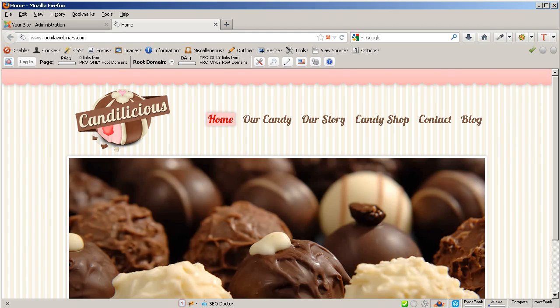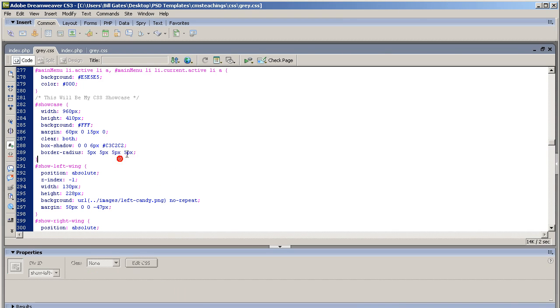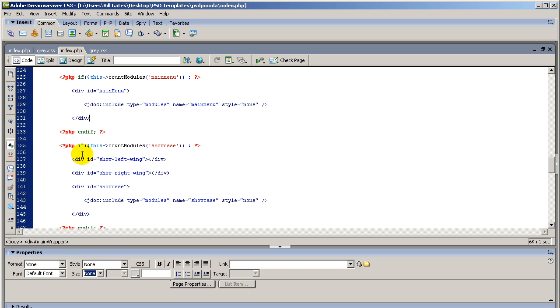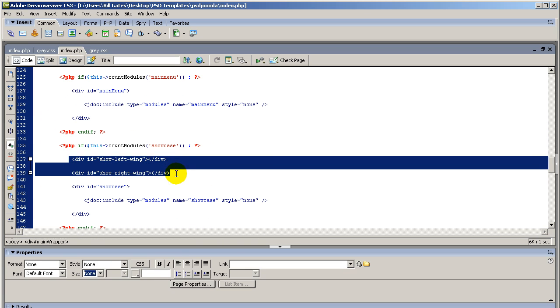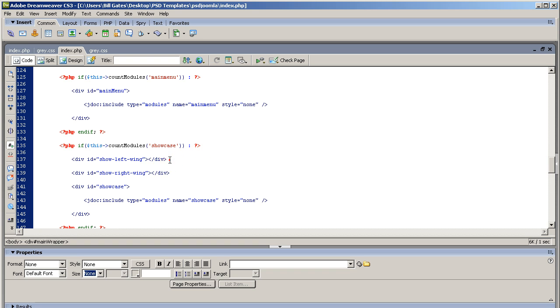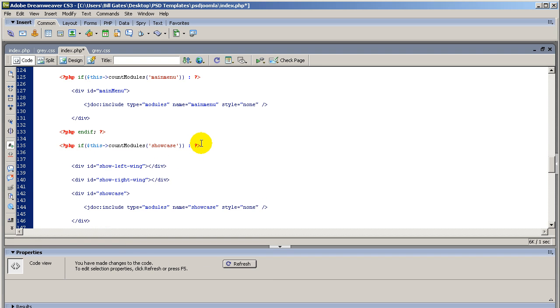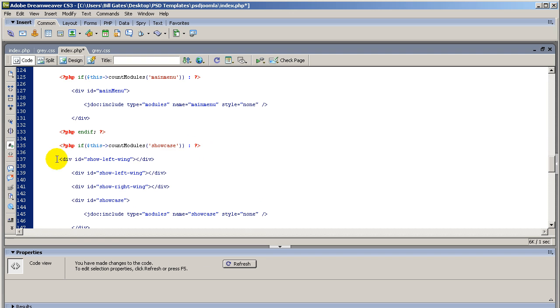We are going to continue, and if we go back, let me show you in here. We are going to be using these divisions to insert the candies on the left and on the right. But we are going to be adding another division in this case, because we are going to be using that one for the ribbon. Let me write down in here, ribbon, and we are going to click Ctrl S so